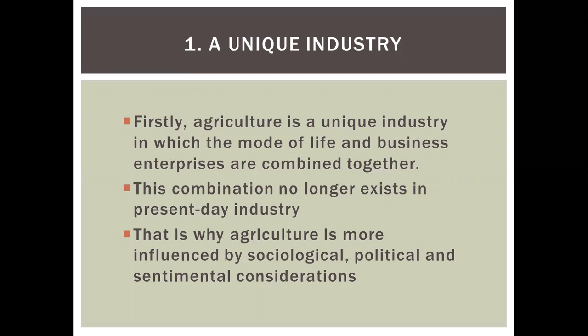That's why we say that agriculture sector is a very specialized, very distinct, unique industry, because the people working in the agriculture sector, their life and their mode of operations, their mode of production, their kind of cultivation, everything has an influence on each other. That much combination, that much interdependence is there. That's why we say that agriculture is a unique industry, and therefore we need a separate subject or separate branch in economics to deal with the agriculture sector.